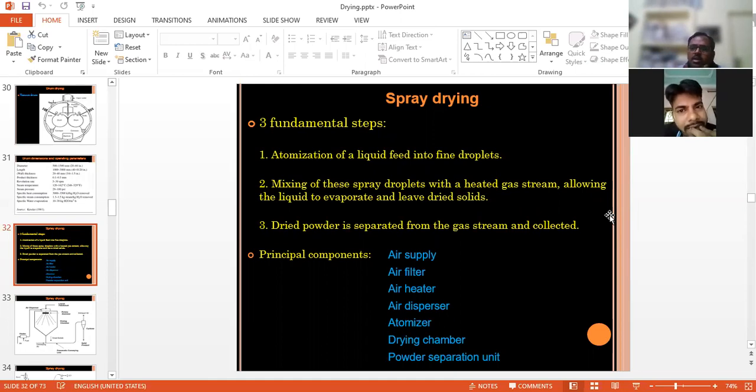So what do we need in spray drying? We have a multiple effect evaporator and a spray drying unit. The basic principle of spray drying consists of atomizing the milk, which is already preheated or concentrated, to form a spray of very minute droplets, fog like mist, which are directed into a large drying chamber where they mix with hot air.